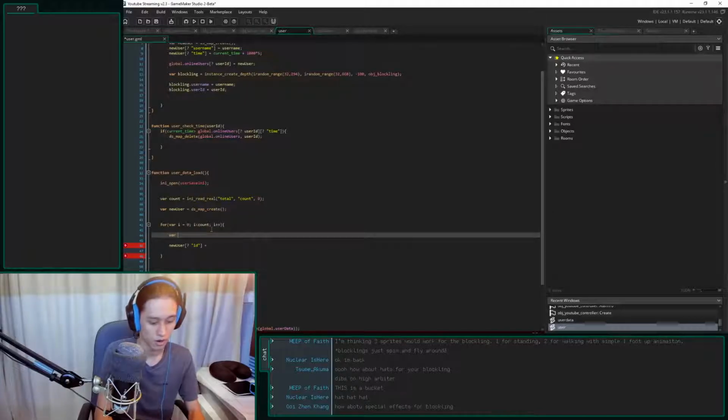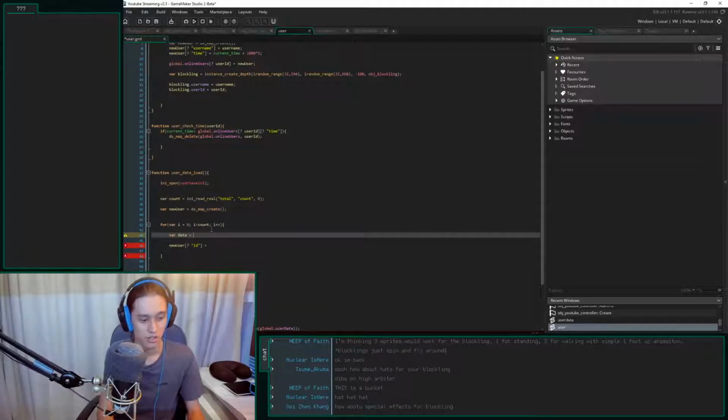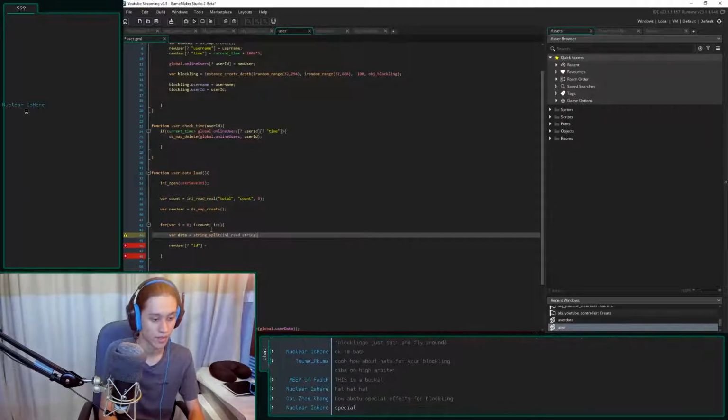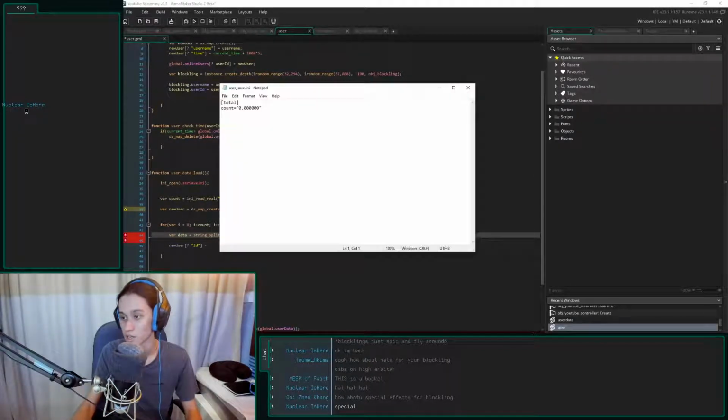I'm going to go ahead and var data raw equals, actually, is it data array? Actually, I'll just say data equals string split. What's the string? The string is the ini read string. The section is going to be, what did I call my section? I called my section data, I think.